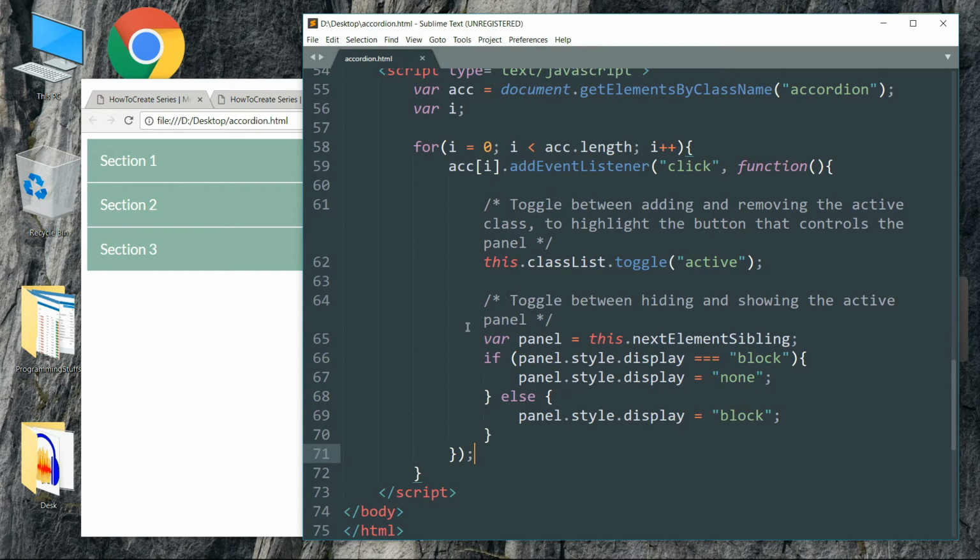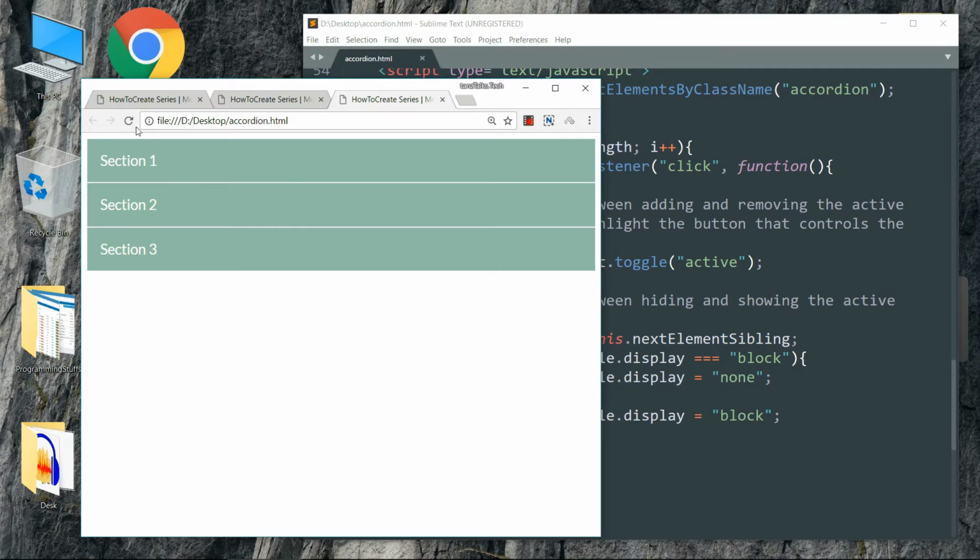And the second thing that this function is doing is that if the panel is displayed, it will hide it, and if the panel is hidden, then it will be displayed. So it will just toggle between hiding and showing the panel. Okay, now let's see in the browser if it is working or not. Refresh it and click on it and you can see